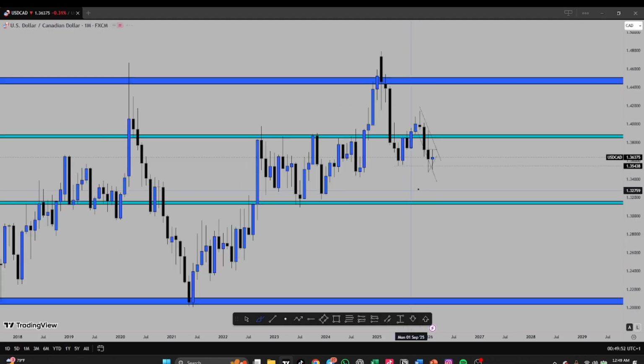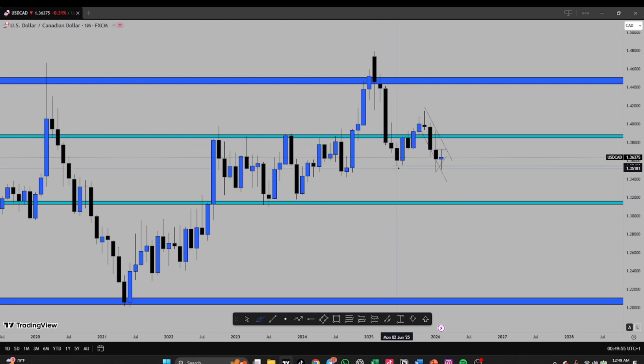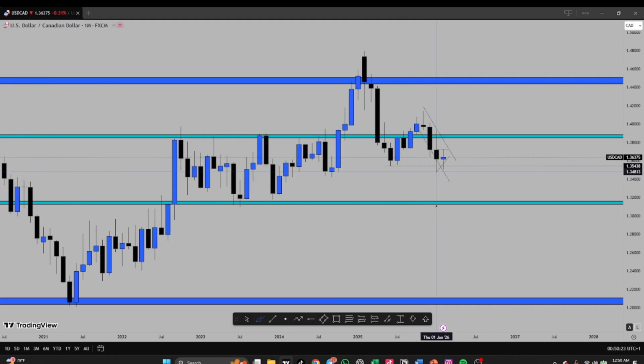On the monthly chart, we can see that price dropped down. We could not go below this last low. We push up, creating a lower high, expecting price to fall more so that sellers can start dominating, but we can still see that buyers defended this last low. So we have a candle rejection from here. This is a dragonfly doji, indicating that buyers are still active in this market. So price can possibly give us a double bottom right here